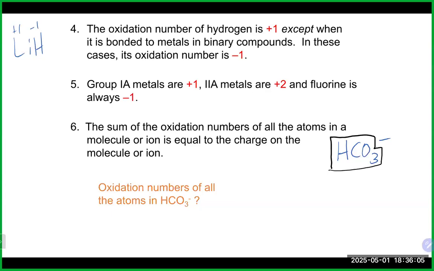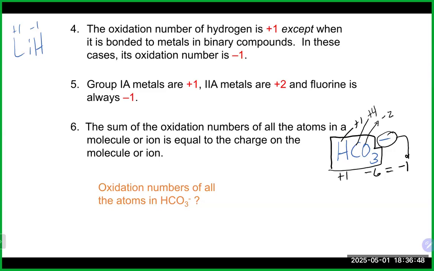So we do have oxygen here. As I mentioned, that's a really good place to start. We know oxygen is going to be -2. There are 3 oxygens there, which means oxygen is contributing an overall -6 charge. We go far left, that is hydrogen, which is +1. So we have +1 for the hydrogen, we have -6 for the oxygens. Remember, it all needs to add up to -1 because that is the charge. That means in this particular case, our carbon is going with a